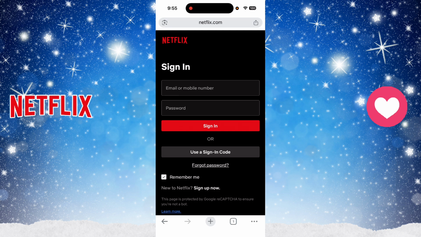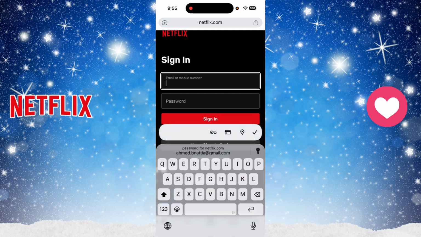To see your password, you have just to put your finger on the email or mobile number field, and as you can see on my keyboard, it tells me password for netflix.com, and it shows me my email account. So to see my password, I have just to click on it, and after that I have to click next